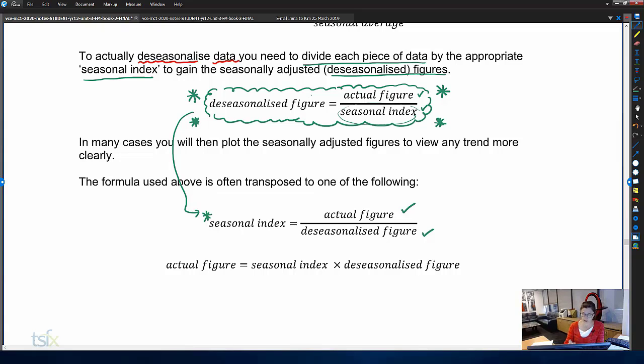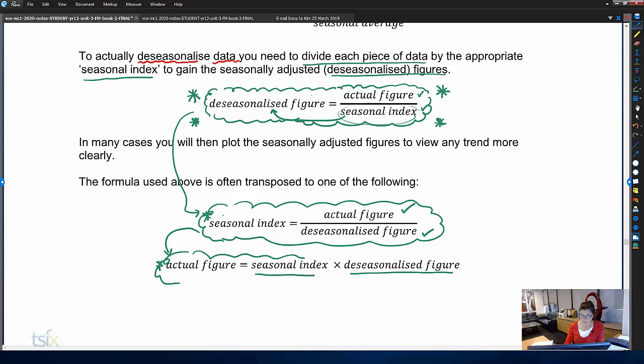So we're making seasonal index the subject in this one, and to take that through to all cases, there are also questions where they give you the deseasonalized figure and the seasonal index, and they ask for the actual figure. So by transposing this formula again, making the actual figure the subject, you can see that when the seasonal index is moved to this side, it's actually the deseasonalized figure times by the seasonal index. So these are the 3